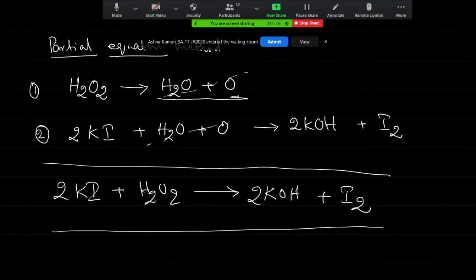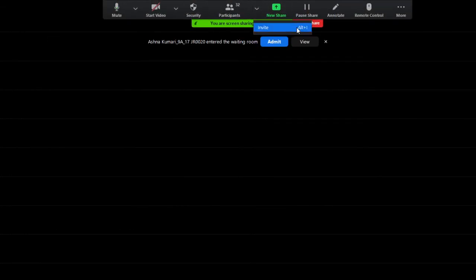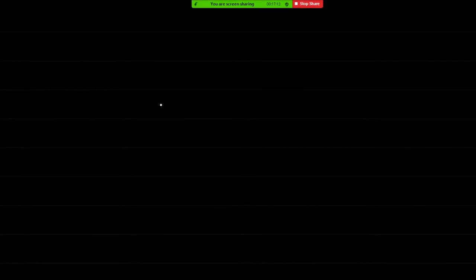Next is what information we can get from a balanced equation. Sir, it's not necessary that we have to use the partial method only. If we want, we can use the hit and trial method. It will not be mentioned that we have to use this method only. It depends on the examination point of view; the question will be very specific, whether you